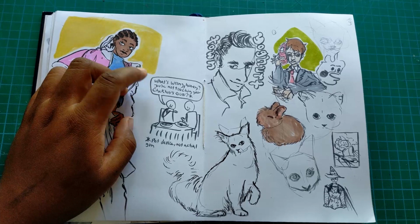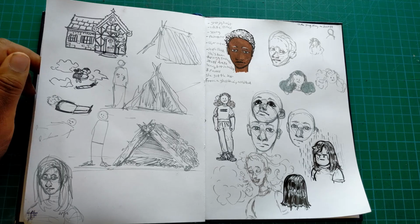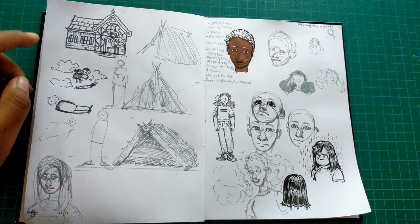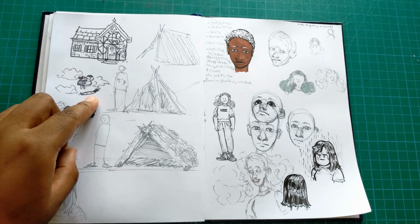I drew some cats, and the cats have creepy human eyes, and I hate it. I drew a cute building because I was like, ooh, cottagecore building, nice. So I drew that. I drew some shelters. That's to do with my comic, but you won't see that for a while. Should I spoiler it? Maybe. I drew my character sleeping, and